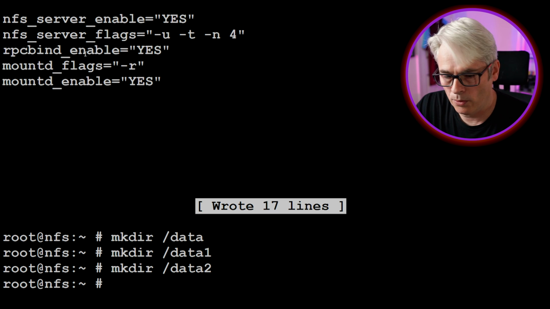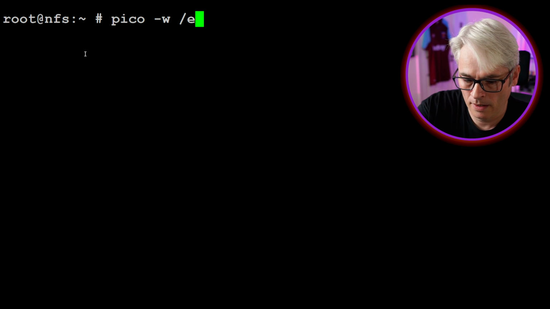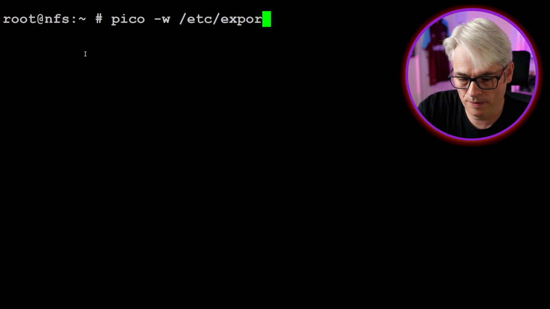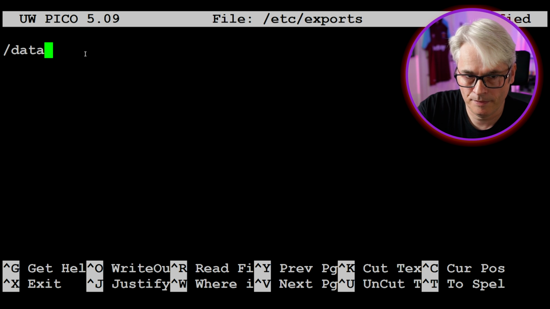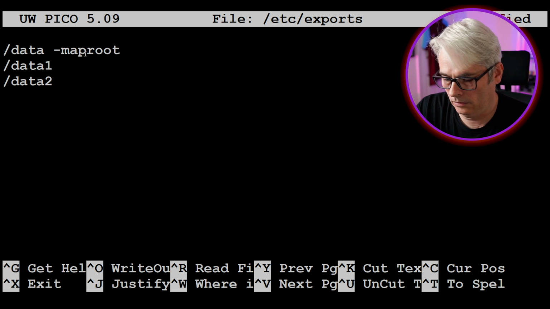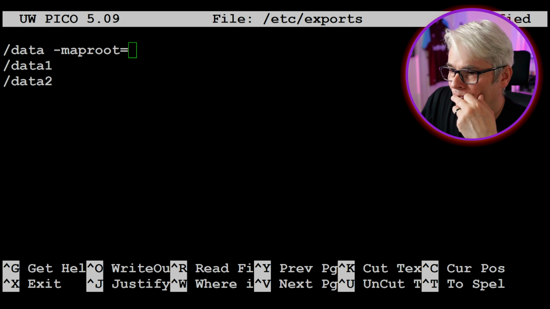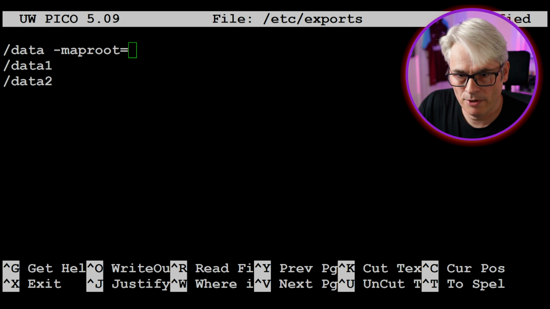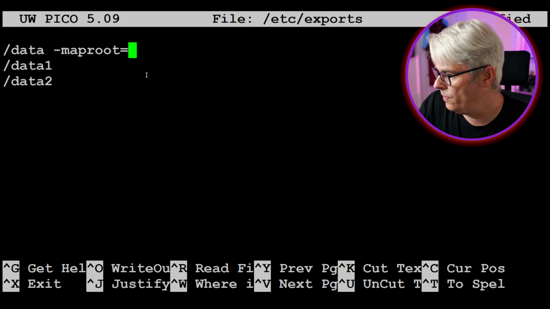There we go. So we've got a couple of folders that we're going to export. Let's take a look. So /etc/exports is not there by default, so let's create that. Now, it kind of helps to know what your Windows username is, and I'll be honest, it's not really something I pay much attention to. There we go, there's my username. So, maproot, user 1 will be,